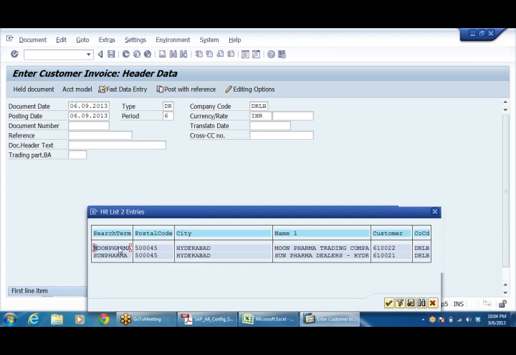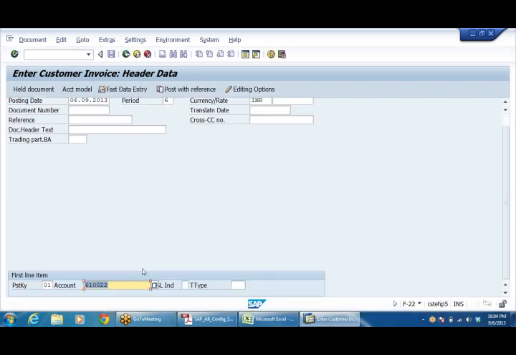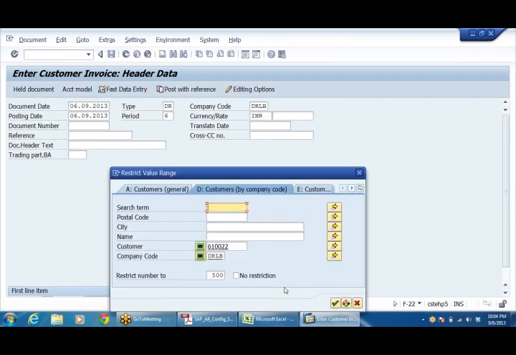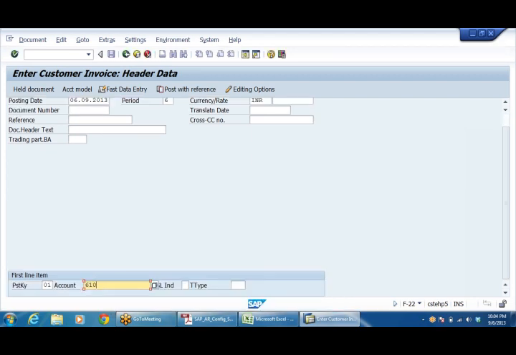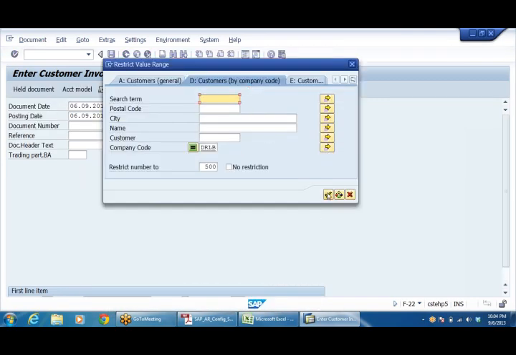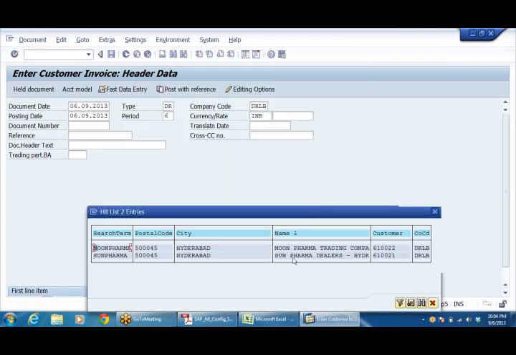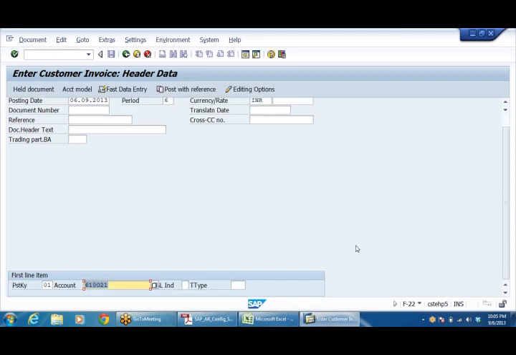I can select, say, Moon Pharma, 610022. Or I want to post, say, Sun Pharma, 610021. In case I take 40 here, what is going to happen?